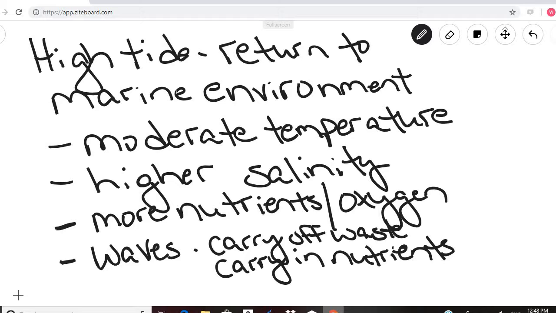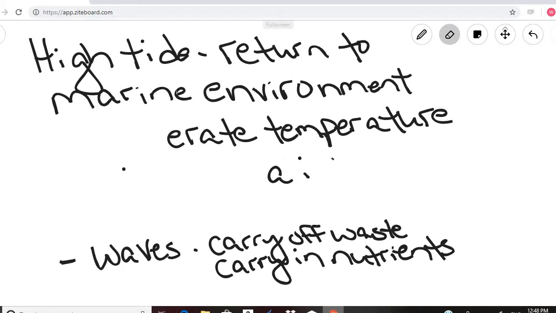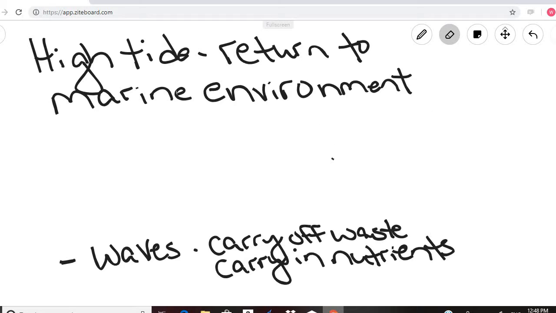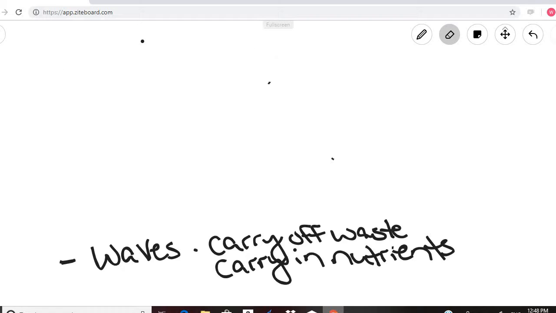So on the one hand, we can think of waves as being a positive aspect for the high tide. However, don't lose sight of the fact that the waves could also be something that causes stress to the organisms living during high tide, because